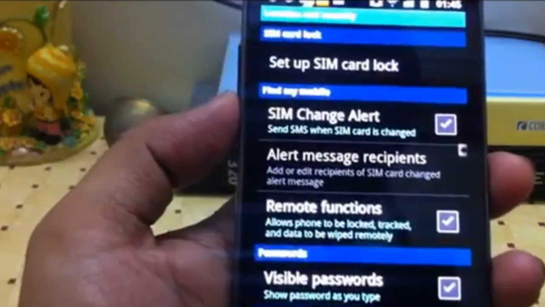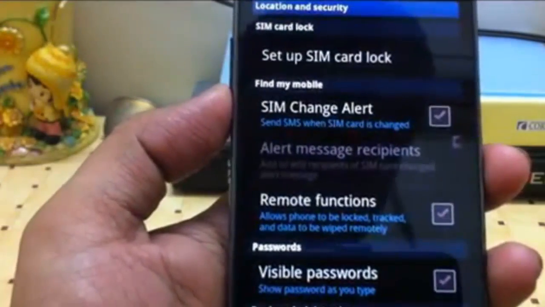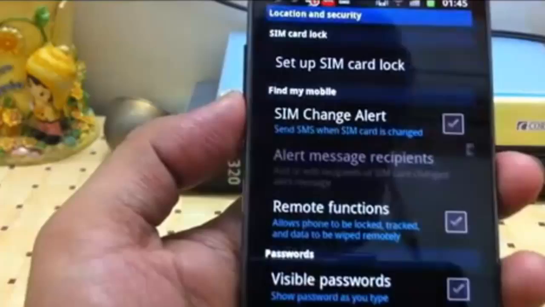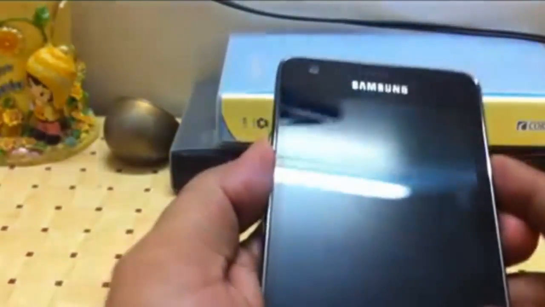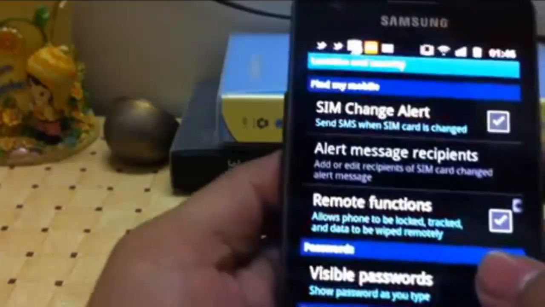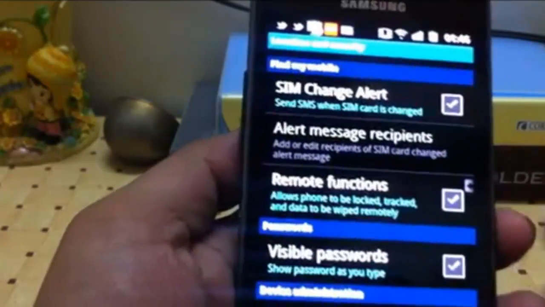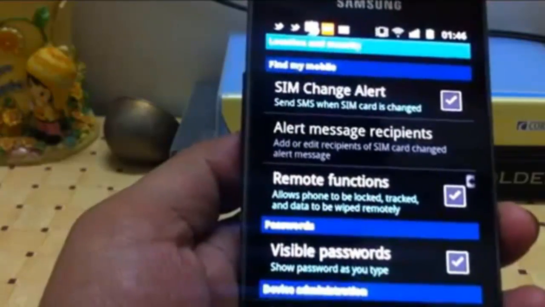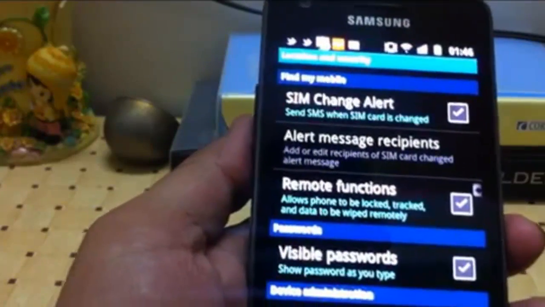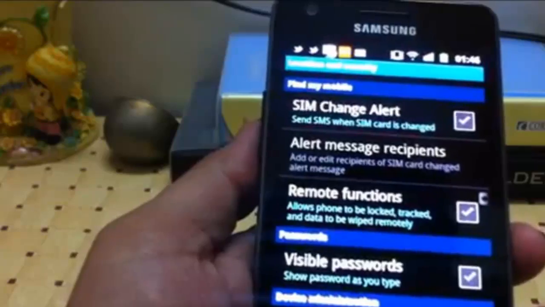So you will get the number on your particular mobile phone number which you have set in this particular setting, and then you will get to know who is actually using your phone with his numbers, because you will get the SMS from his number directly. Apart from this, you can turn on this remote function as well, in case your phone is lost or stolen, you can remotely wipe all the data from the device